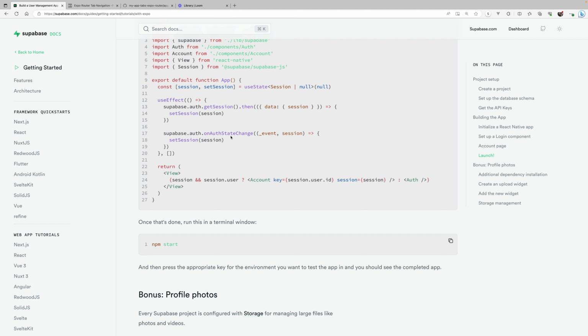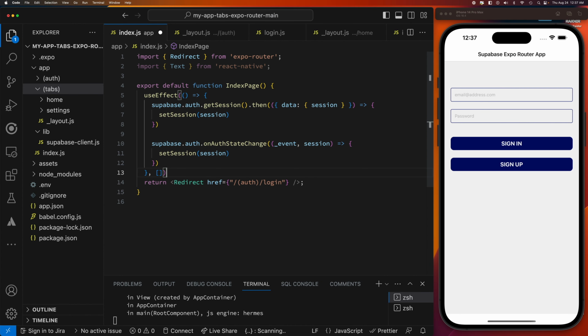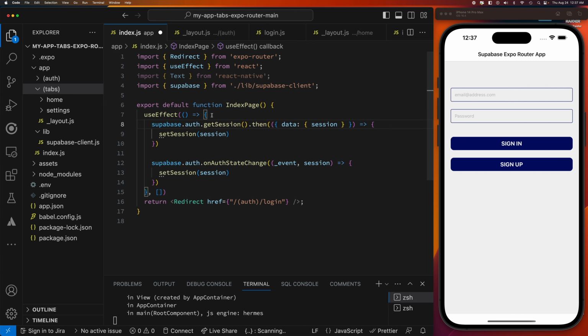Expo Router, and we're just going to route based off of the state change up here. So to get things started, we know we need the useEffect. So let's take that over. We'll come right inside of here and drop in our useEffect. Let's import useEffect. Let's import Supabase. We want the client, that's our Supabase that we created. Let's remove React Native